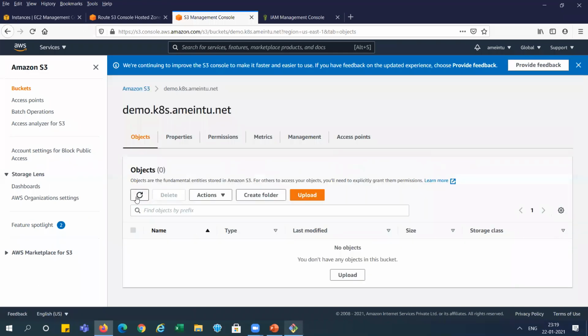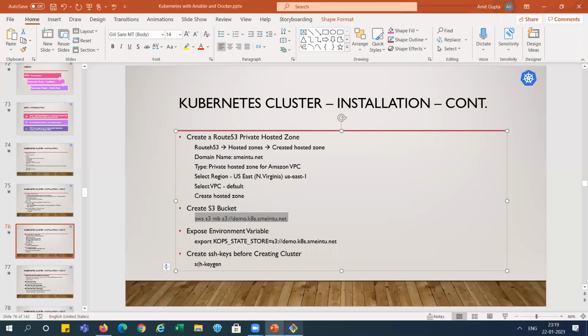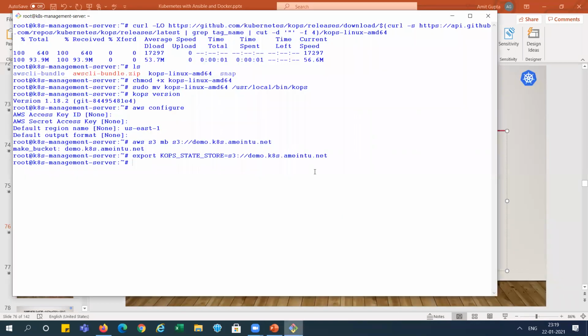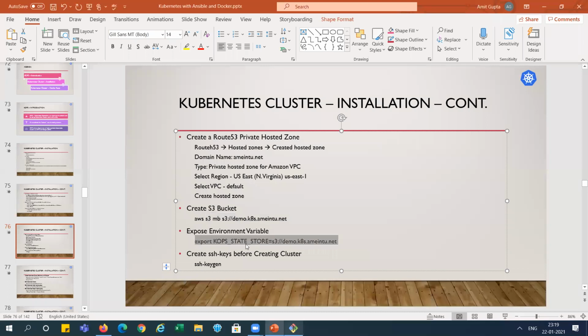When kOps creates the Kubernetes cluster, it will store files here in this S3 bucket, and at that time we will see multiple files over here. I will show you at that time. So this is completed. Now we need to export the bucket name to the kOps side. So I'm running this command, export, and it is exported, right?